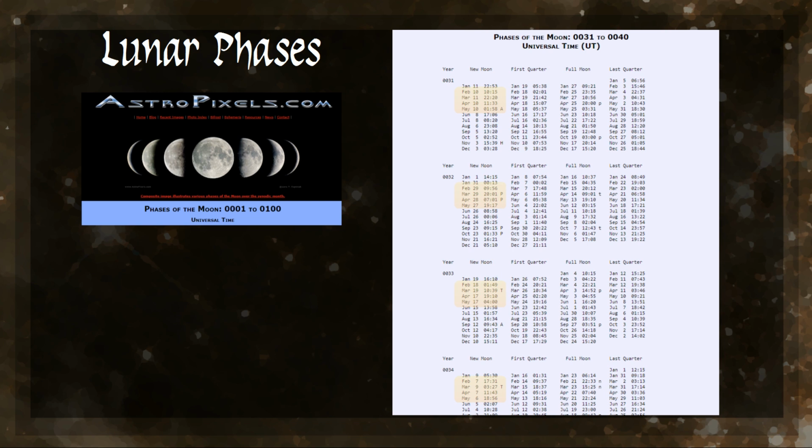First, for a range of years, we need to determine the dates of the new moon. Remember, each new month is tied to the new moon phase. Since we are interested in the spring equinox, which is March 25th in the Julian calendar, we really need only a month or two before and a month after the equinox. In this presentation, we'll consider the 19-year period between 21 AD and 40 AD.